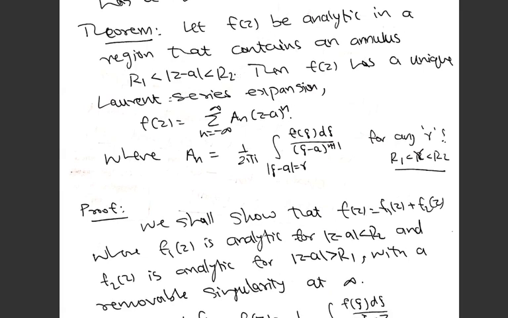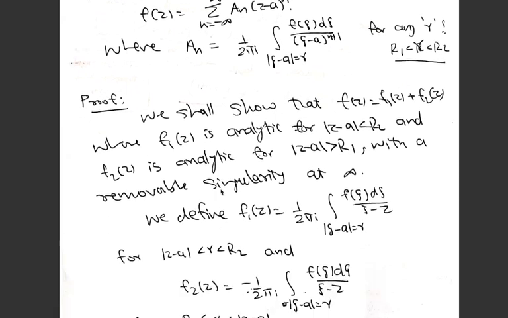Now we will talk about Laurent series expansion. We will prove that every function that is analytic in an annulus region has a Laurent series expansion. Let me state this theorem here. f(z) is analytic in a region that contains an annulus. The annulus is something like this. Then f(z) has a unique Laurent series expansion. That means it is like a power series. It's a sum of two power series: one in positive powers of (z minus a)^n, and the other in negative powers. So it's a doubly infinite series. For the annulus, the coefficients are obtained like this, exactly similar to the Taylor series.